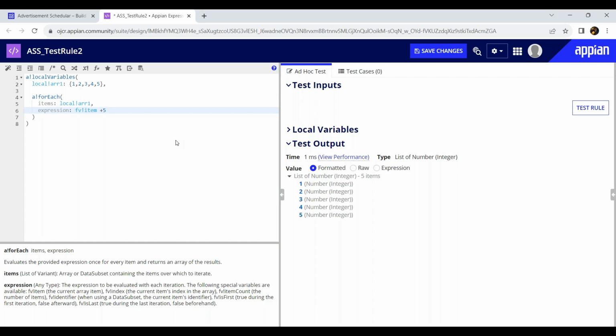It will increase, I think, 1 plus 5, 6, 2 plus 5, yes, 7. Exactly. So 6, 7, 8, 9, 10. So what is happening? Each element is coming first. One comes inside this one, it will do 1 plus 5, resulting 6. Second time 2 will come inside, 2 plus 5, 7, resulting 7. So when we say every bank item, it represents each element of the array that you are passing inside